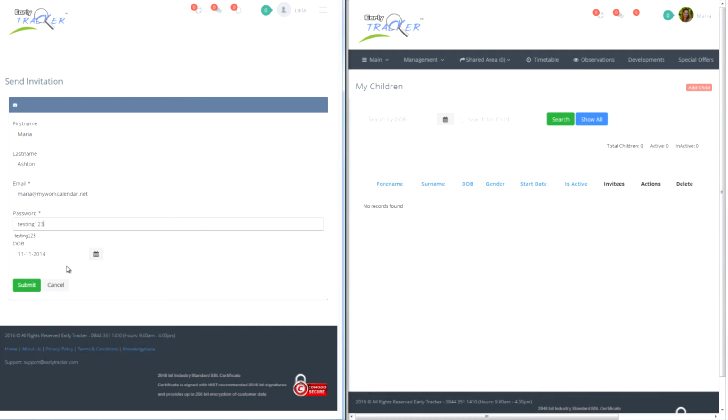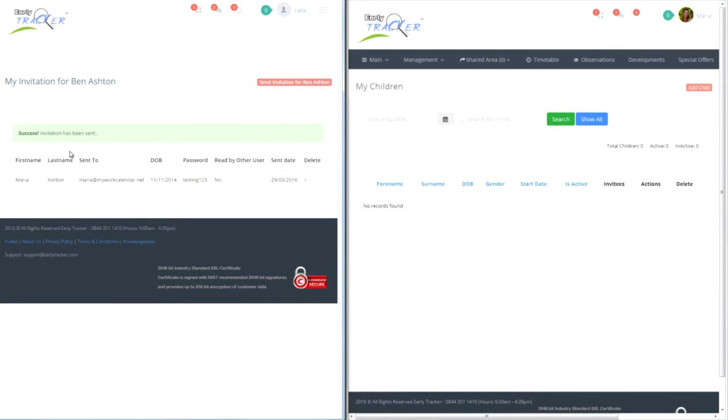we have the date of birth, so when she actually tries to log in, she will have to enter the password, and she will have to enter the date of birth. Now these are two great security features, because if somebody accidentally receives the email, well, they'll know the password because they received that in the email, but then they need to know the child's date of birth. Now, as a carer and the parent, they will know the date of birth of the child that you're trying to connect with, and that won't display in the email, so that's kind of a good feature to have. So if I submit, and now it says the invitation has been sent, and she will get